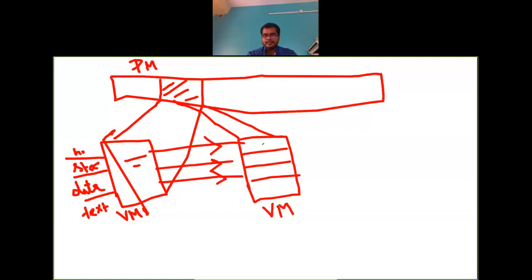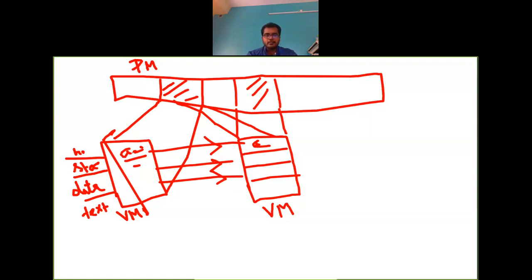But as soon as, after creating this child process, you write something in the child process, suppose here is a variable a equals 5, and you now write a equals 10 within the child, or maybe a equals 18 within the parent process. If you read something, it will always be within the same physical memory. But as soon as you write something, a new physical memory will be allocated and mapped to this new virtual memory. So this is what is called copy on write. This is how it works.